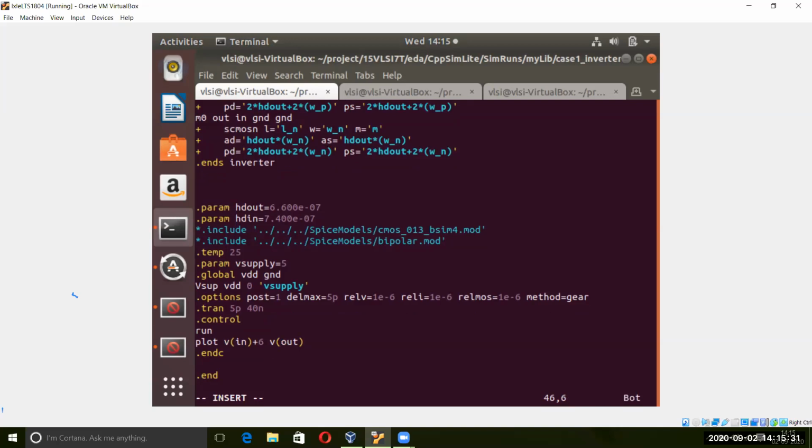Okay. So offset means, suppose you want to see two plots, input and output plots, two curves in one plot. Okay. So that is actually in this case not possible. So you cannot do overlap. So what you will do: the input is from 0 to 5 voltage.